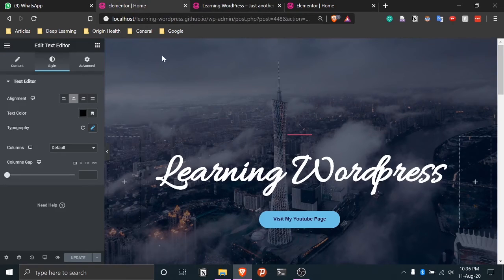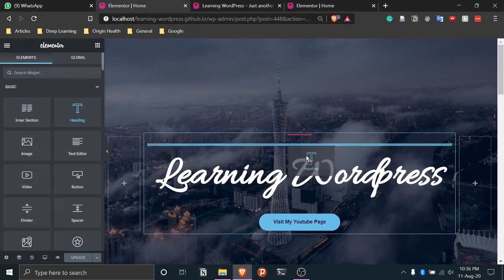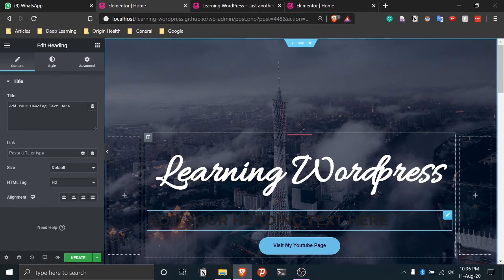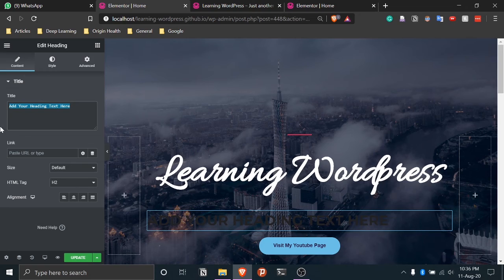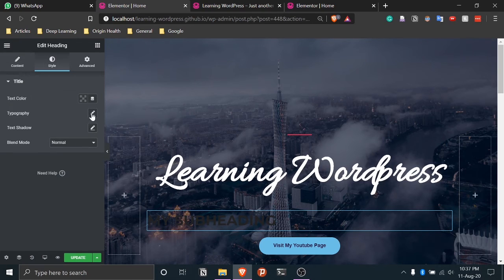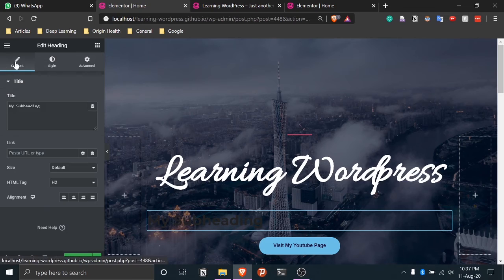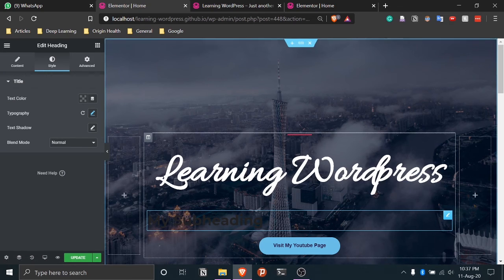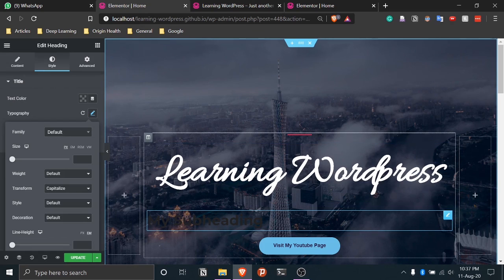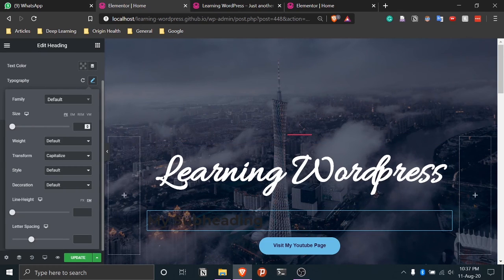So we can just go here and go to this menu and grab another heading and just place it underneath, and then here we can just say my subheading, let's say, and we'll go to style, typography. We want, oh, sorry, we change it to capitalize, and we want the color. So we want the text color to be white because you can't really see it on this.